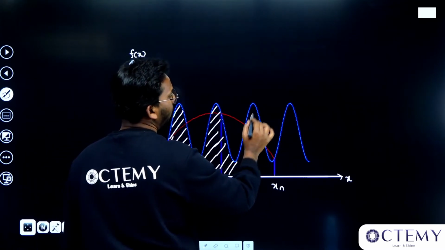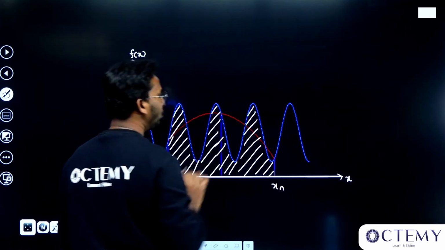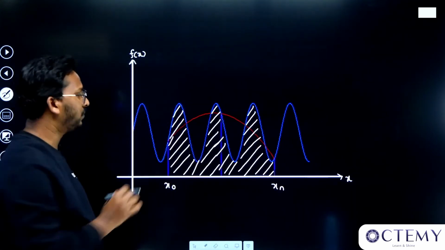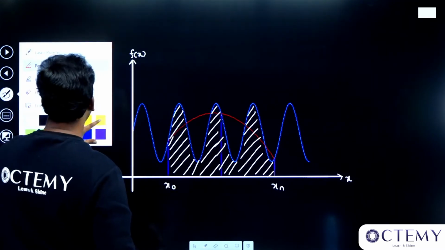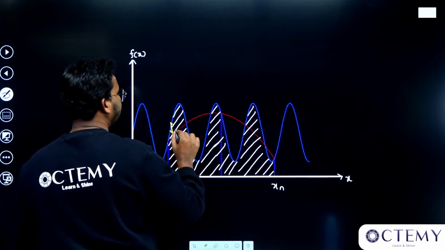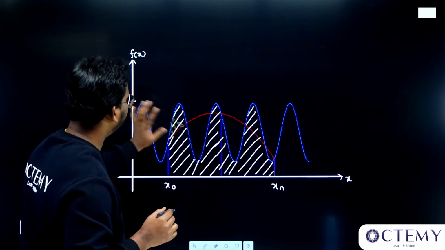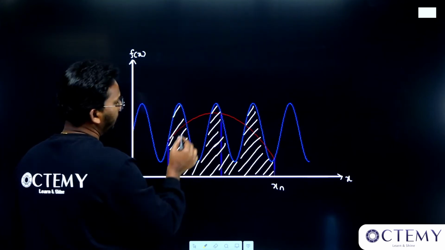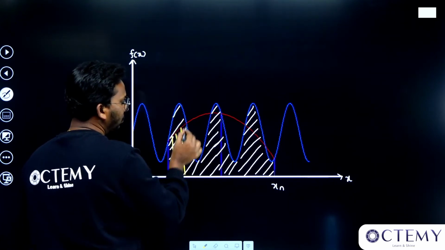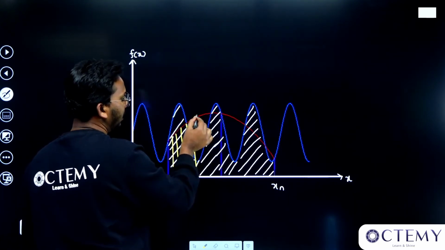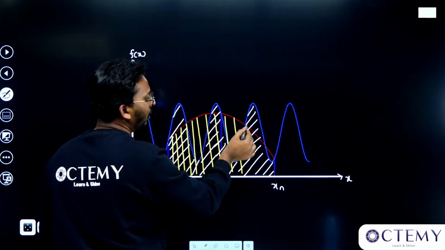We will take one more point in between and call that point x1, and we will assume a parabola which fits this. But what will be the error here, sir? The error is shown with this yellow color. Or you could say the error will be something like this. If I rub this, these are all errors. The area which you will be getting, if you substitute this approximation, is this. So there is a lot of error involved.